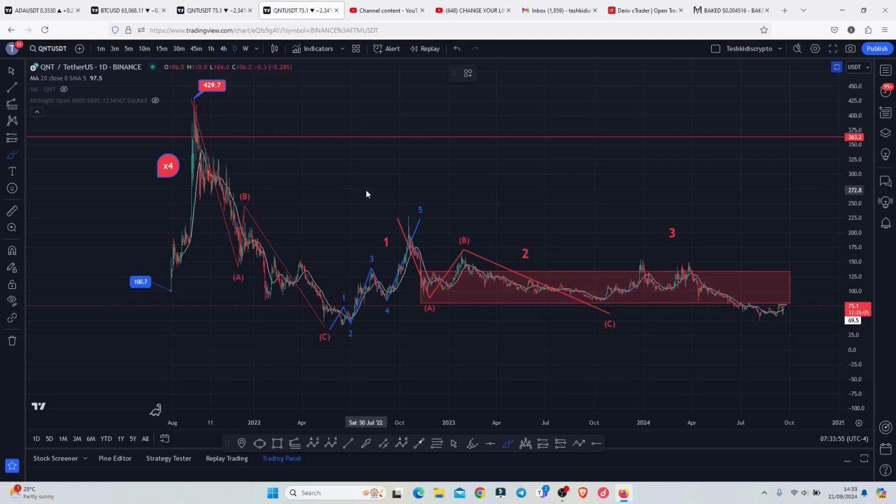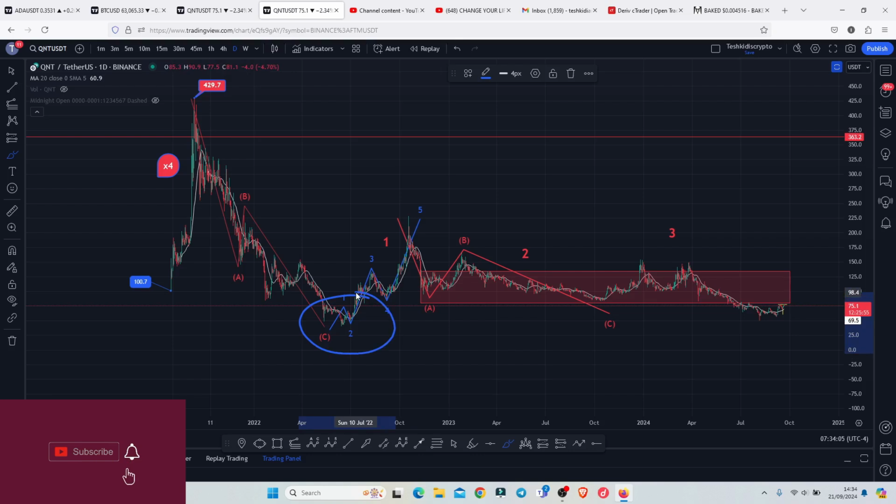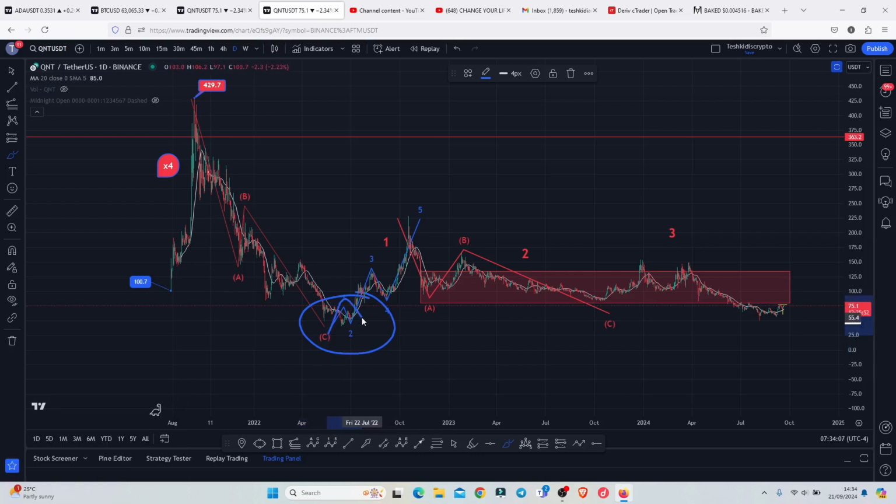Jumping to the daily chart to now discuss my long-term price prediction analysis, where you can see that we got our bear market lows below the $40 and saw a very nice bounce to the upside in a 5-wave structure over here in a move that gave us a high above the $229, completing the formation of this Elliot wave count 1. And after we peaked in that Elliot wave count 1, I have been expecting a bit of a corrective structure in an Elliot wave count 2,